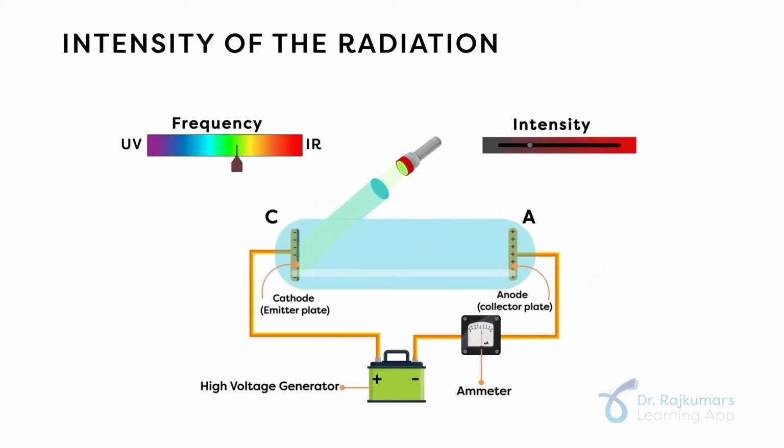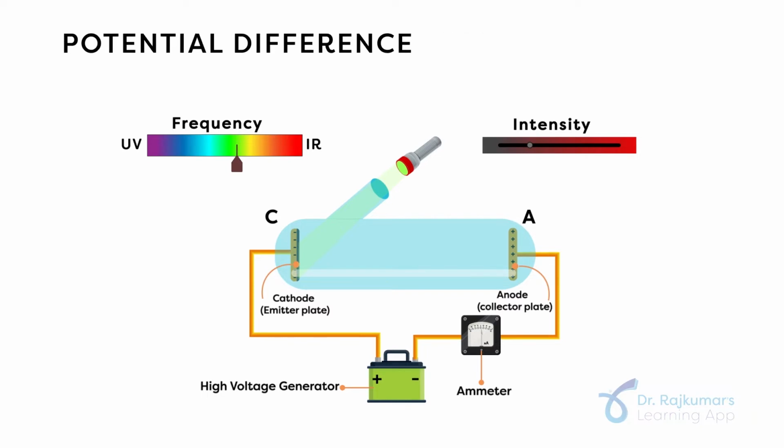Let us now keep our frequency and intensity of light constant. I will now change the potential of my collector plate, that is A. What will happen now? Suppose I provide a positive potential to this collector plate A. Now it was observed that the photocurrent increased. All the electrons were drawn faster towards the collector plate, and there was one point where there was no further